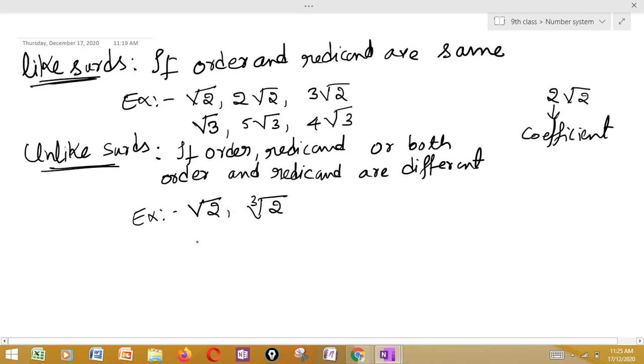Let me take one more example where the radicand is different but the order is the same. That is root of 2 and root of 3. Can you observe the orders are the same in both cases? The order is 2 in the second example; here also the order is 2. But what about the radicand? In the first case, the radicand is